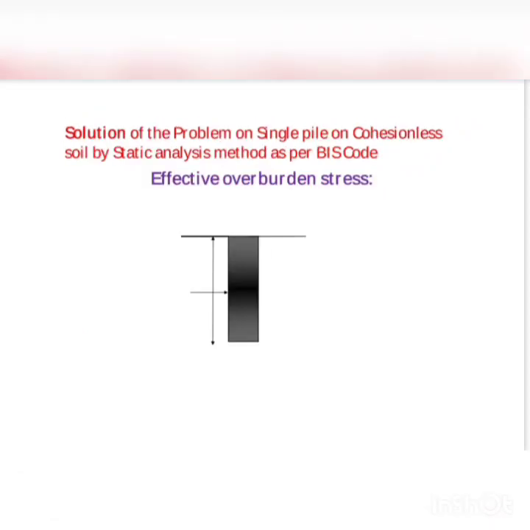Now, as I told earlier, we will first look into the details of effective overburden stress. The note that I have shown you earlier, we will see it in detail. What is it talking about, effective overburden stress. Let us see. Look at note number 5. In working out the pile capacity by static formula, the maximum effective overburden at the pile tip should correspond to critical depth, which may be taken as 15 times the diameter of the pile shaft for phi less than or equal to 30 degree and increasing to 20 times for phi greater than or equal to 40 degree.